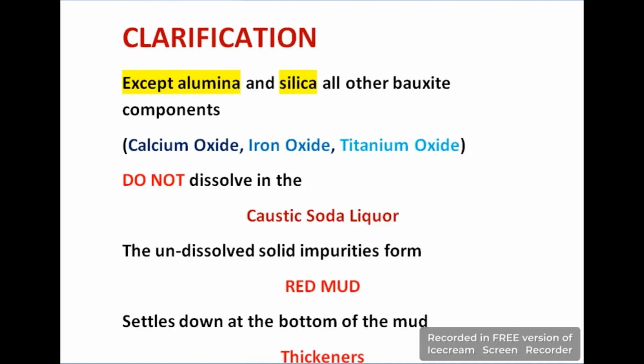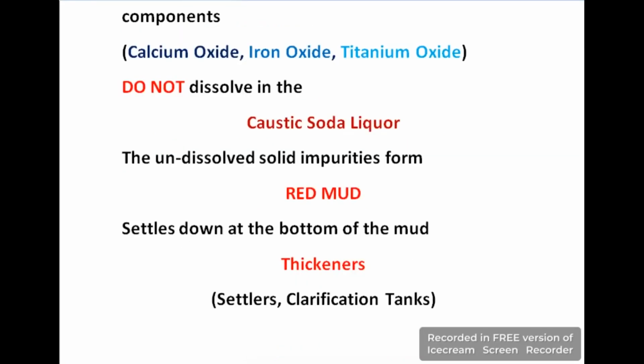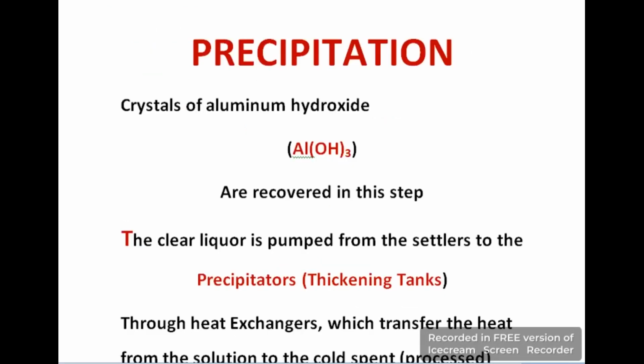The next step is clarification, which is a separation or purification step in which we separate alumina. And you know well that bauxite contains different components like calcium oxide, iron oxide and titanium oxide. So except alumina and silica, other components do not dissolve into the caustic soda liquor. All the mixture in this drum has a reddish color mud, and the impurities also settle down at the bottom of that drum, which is called a thickener, and also called settlers or clarification tanks. So the next section is